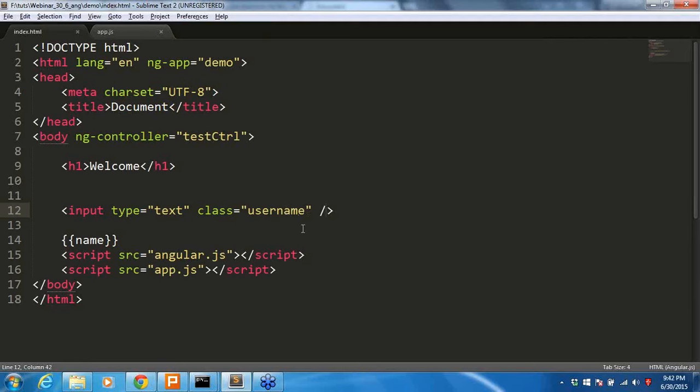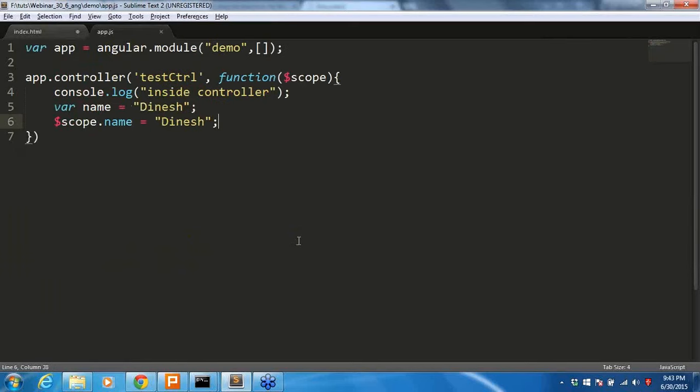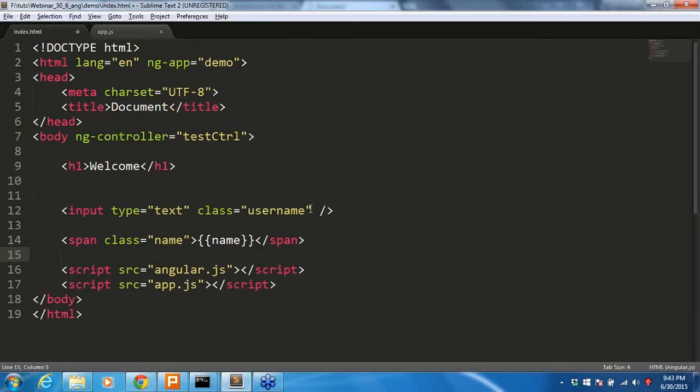Then if you want to bind this value again to another HTML element, another div or span, what do you have to do? Again, let's create a span that will have some kind of class or ID. Here you will be binding the event, .html or .text, whatever you want to give. We will be doing it that way only. But if you are using AngularJS, you need not write any other script for it. You just mark it as a scope variable, so you should be able to access the scope variable inside the controller.